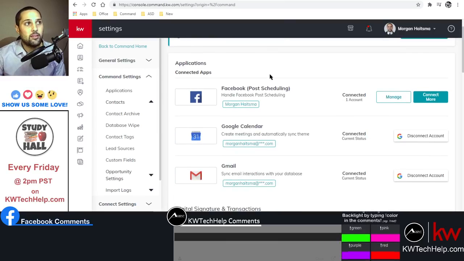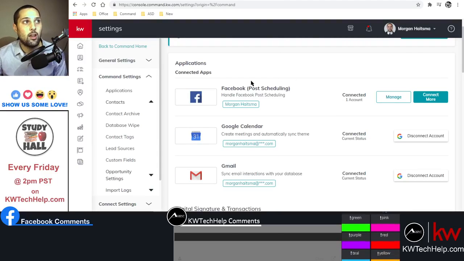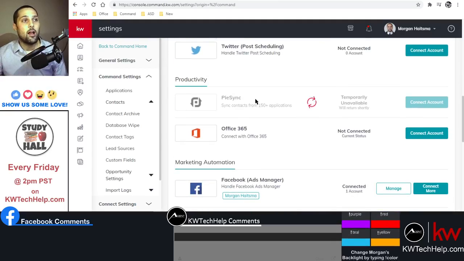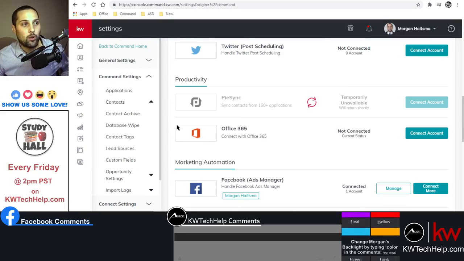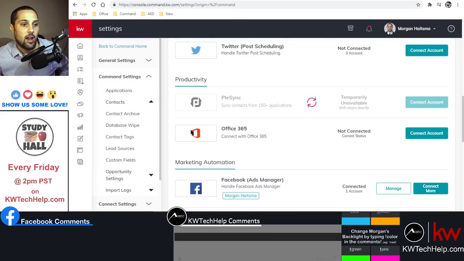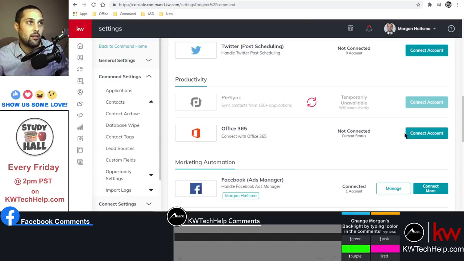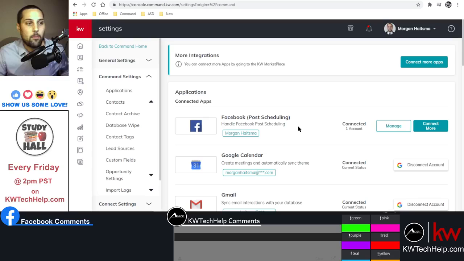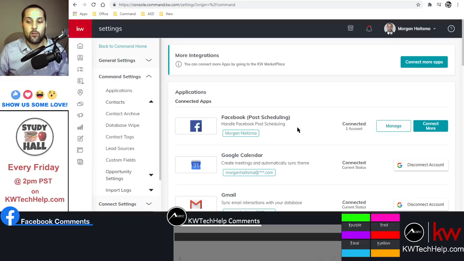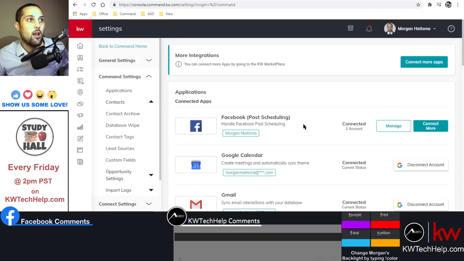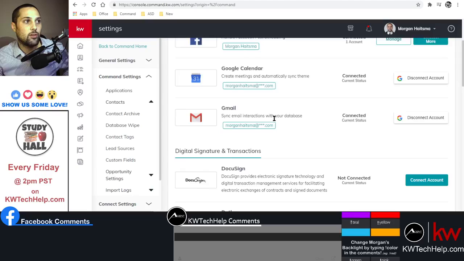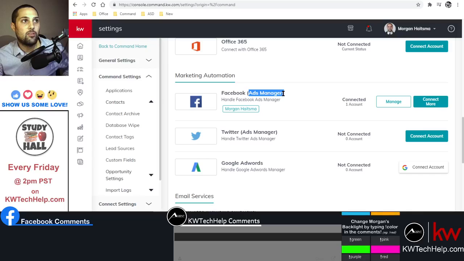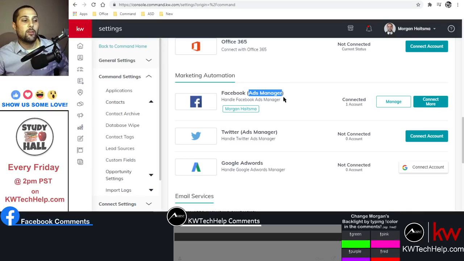On your right hand side, on your applications, we have Facebook, Google, DocuSign, Dotloop. Again, you guys, only connect what you're currently already using. I do not use Office 365, so I do not need to connect it, okay? But there's going to be a couple of things that I want to give you more of a description on. One's going to be your post scheduling as opposed to your ads manager. If you guys do not know what the difference between the two are, your ads